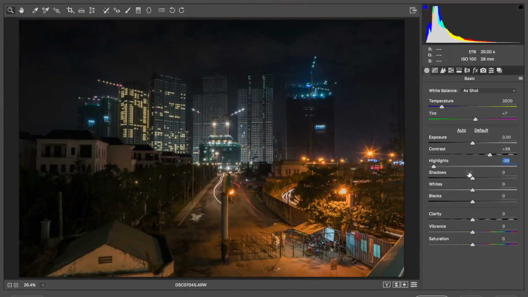And then I don't know about shadows. I might just not mess around with that too much. It doesn't seem to be adding anything for me. The blacks